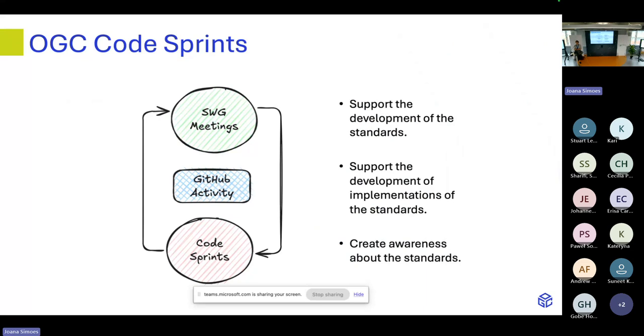So the code sprints are an important piece of this process, together with the standard working group meetings, where all the discussions take place, and the GitHub activity, where you can actually monitor the evolution of the standards at every step of the way. These days, most of the development of the standard takes place on GitHub. But then we have a moment where we come together in a room with developers,